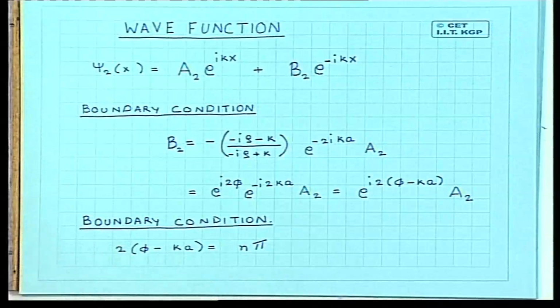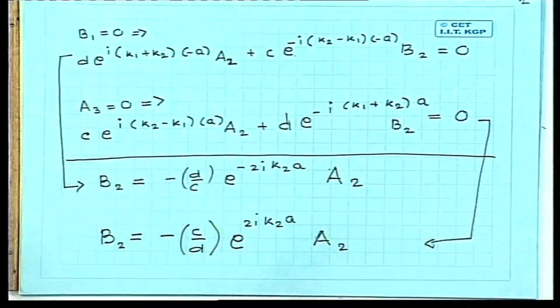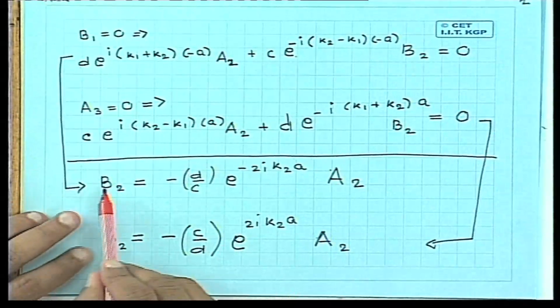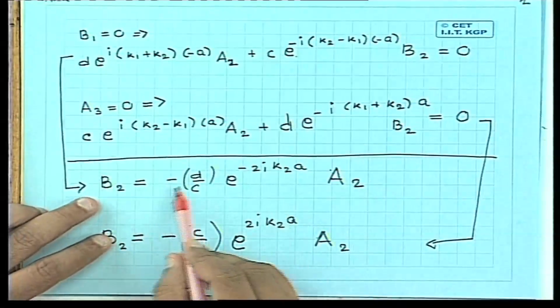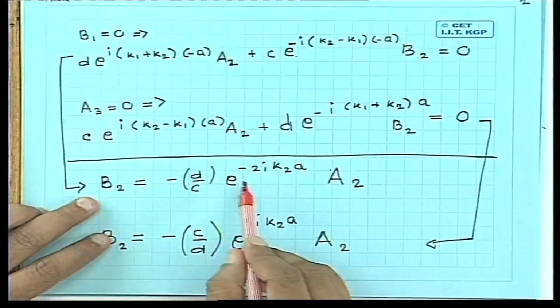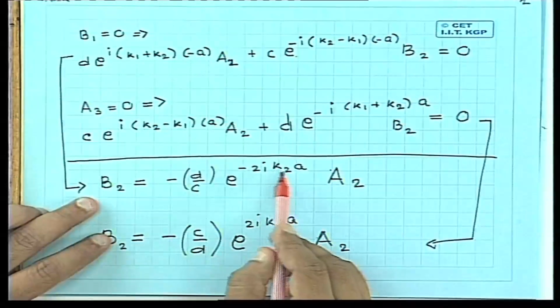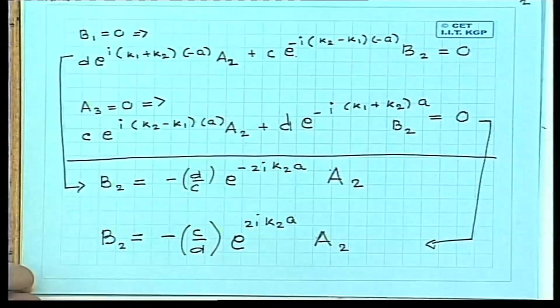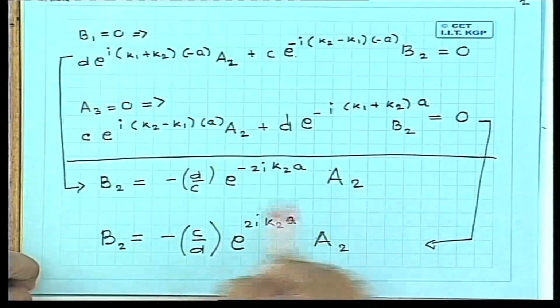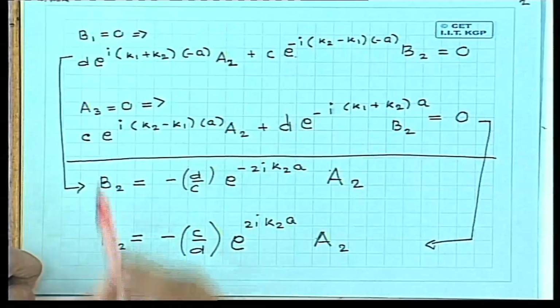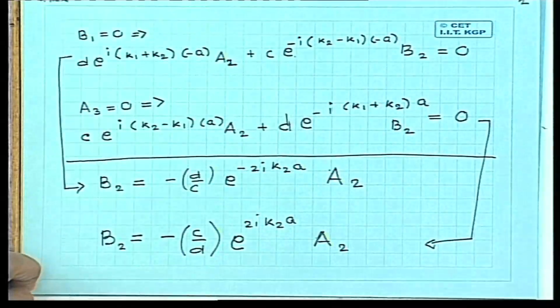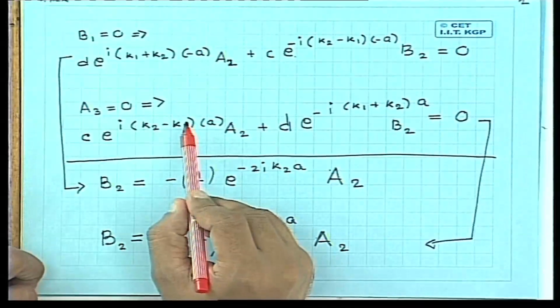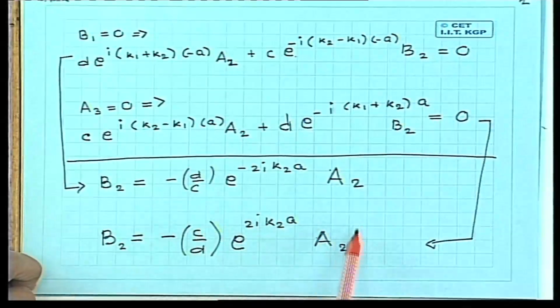Let me remind you where these come from. The boundary conditions gave us these two relations. B2 was equal to minus d by c e to the power minus 2i k2 a, A2. This was one boundary condition, which is at minus a, and the boundary condition at a gave us this relation,